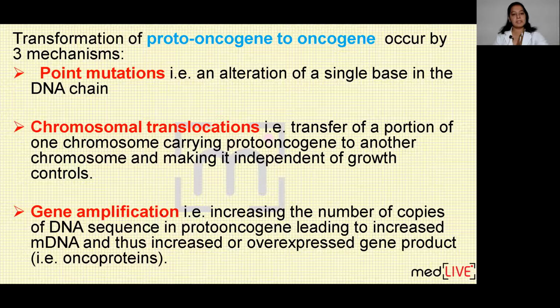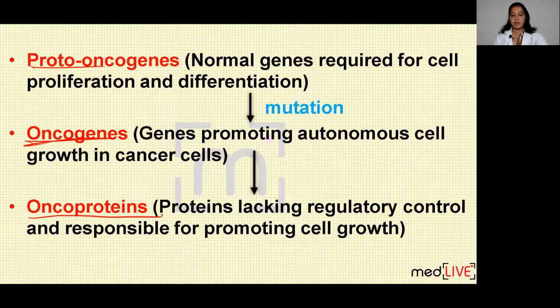That's why I'm going too fast. Mutation occurs in three types. Either the point mutation, for which we took an example in the last lecture, that is the RAS gene. There was a point mutation in GAP, you must remember, or watch my previous lecture first. Or there is amplification, or there is